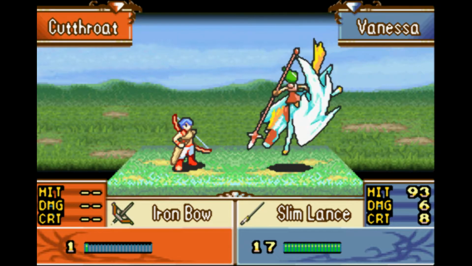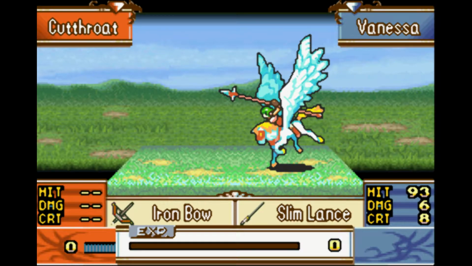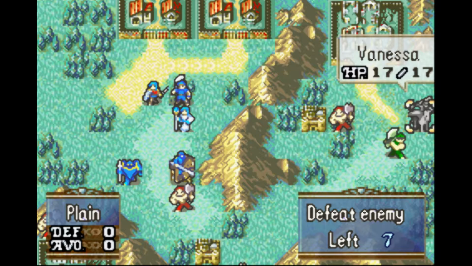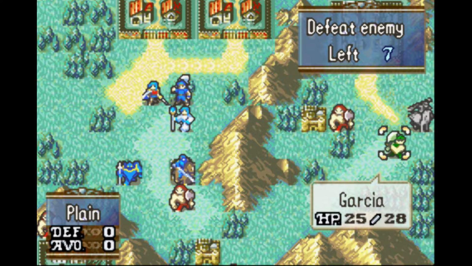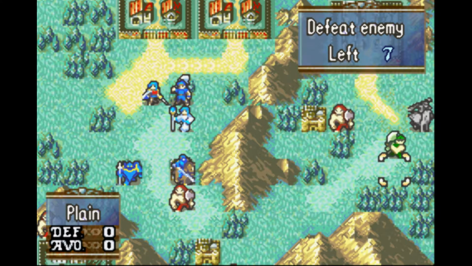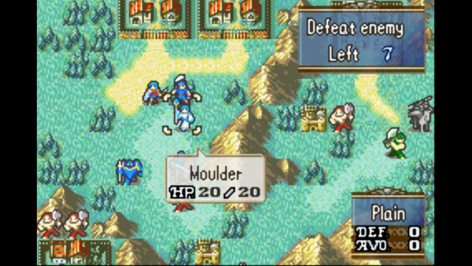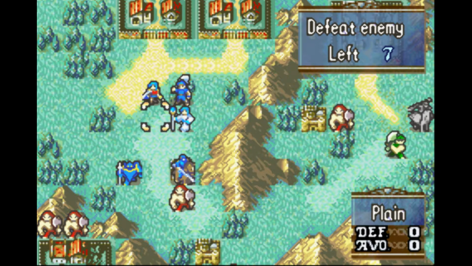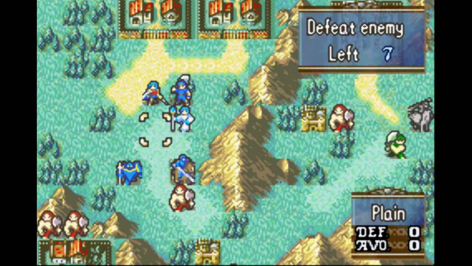That's 1 and 2. Okay, good. The archer's down. The bandit will probably not kill Vanessa. I'm banking on that. And then once he's dead, hopefully with Garcia's help, because she's a lancer and he has an axe, we will be able to rescue him, bring him over, and Ross can talk him over to our side. For now, though, let's move in for the kill over here. Well, maybe we can...